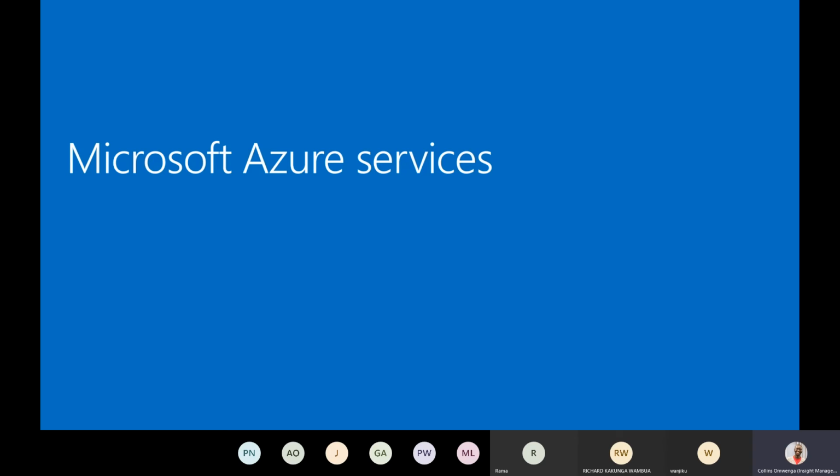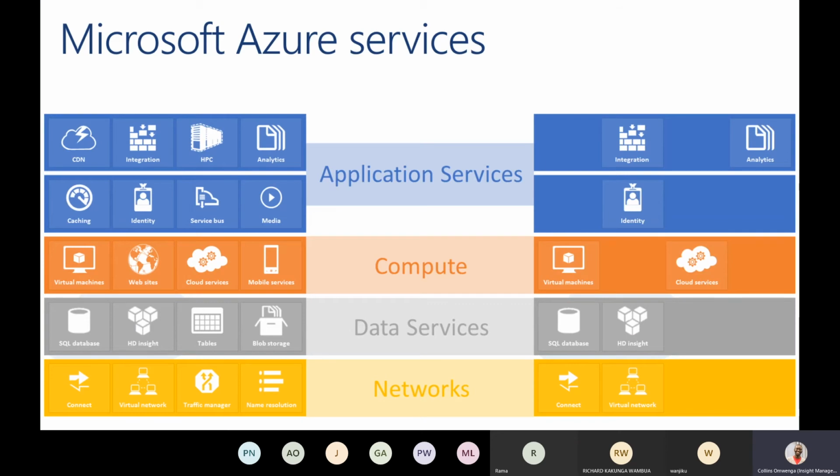Diving into the specific Azure services, from a broader overview, we're looking at three main services: compute, data services, and networks.